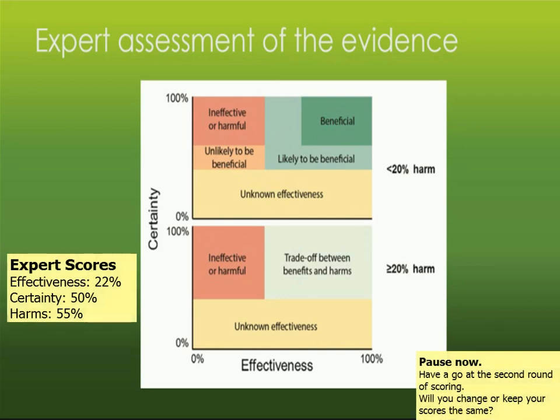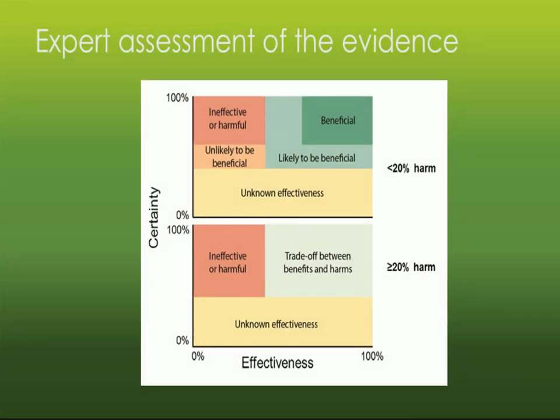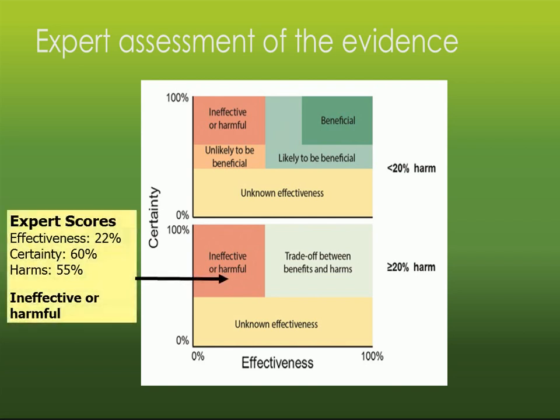Doesn't sound like things will change much, but since we're doing a Delphi technique, do you want to have one more round? Anybody want to change their score at all? So when we've redone that, if we had it all in a spreadsheet, we could look at it more clearly, that everybody's bunched up together. There's a lot of 50s here, a lot of 60s, a lot of 20s, which is kind of what you'd expect after some kind of discussion,